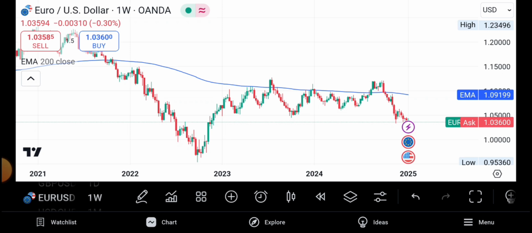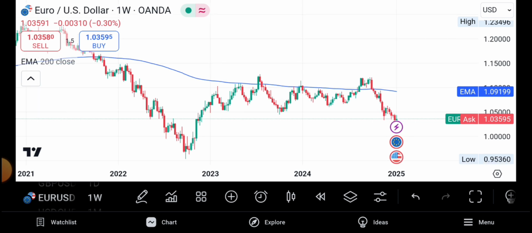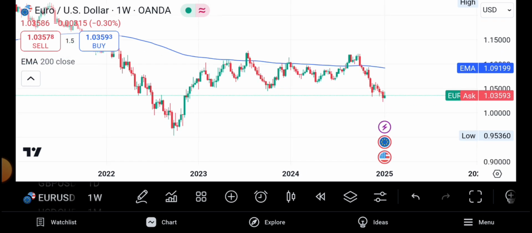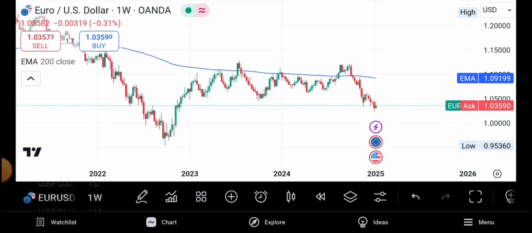Being the first week of 2025, I would like us to do a challenge whereby the whole of this year we are going to look at the Euro USD, GBP USD, USD CHF, all these five major currencies. I've noticed that the moment we continue trading, the moment we narrow down to the specific currencies that are our favorite, it will help us to be consistent. It will help us to journal our trades. It will help us to grow even at individual level. So we shall analyze Euro USD, GBP USD, USD CHF, USD CAD, and all those major currencies. We are going to analyze them the whole of this year.